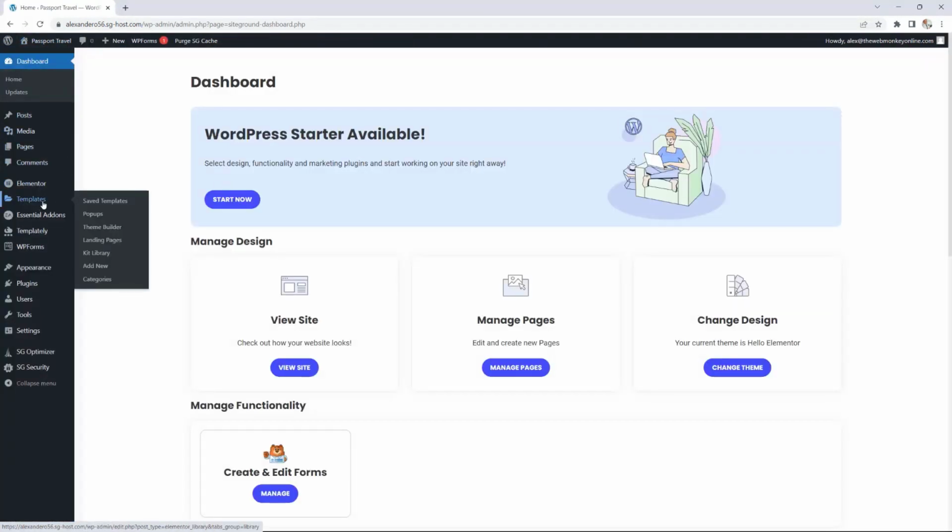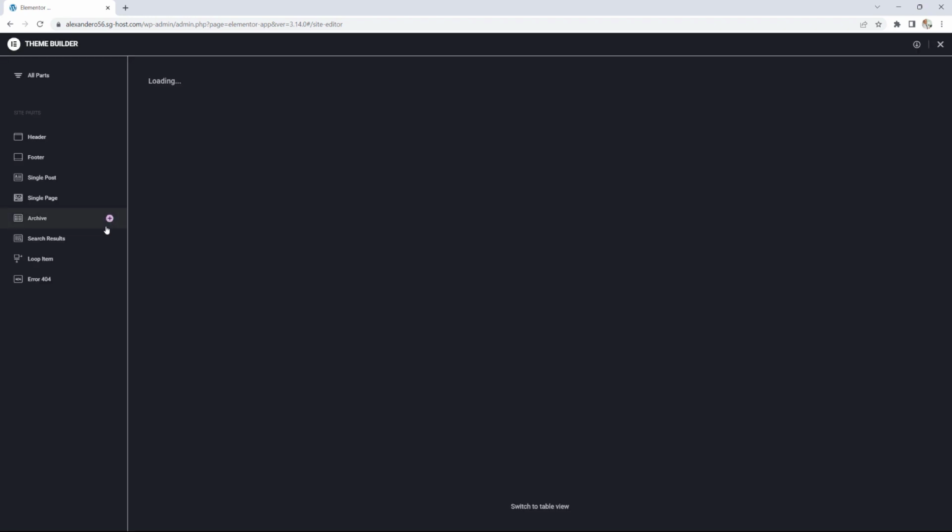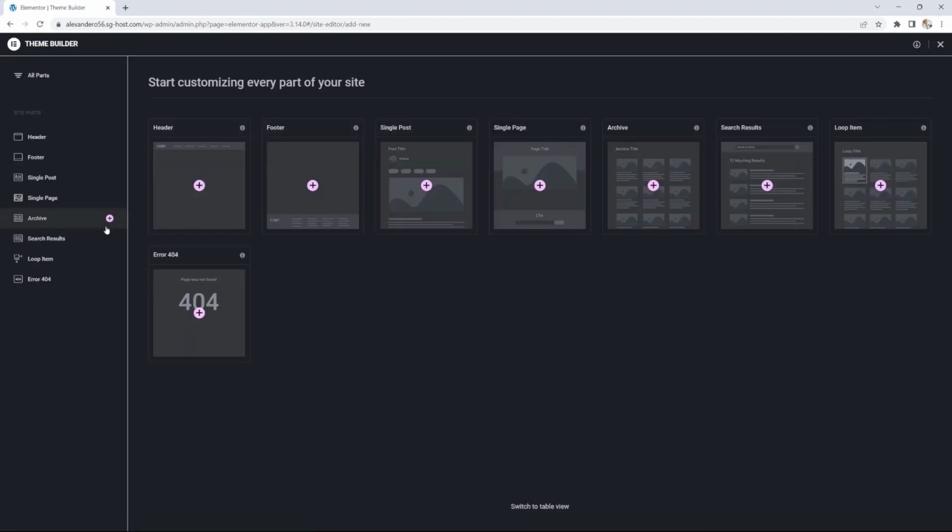You want to go over here to templates and you're going to see theme builder. All right, let's access the theme builder. And here you can build various parts of your website, like the header, the footer. You can even build a template for your blog posts, which we will do later. But for me, I'm going to click on header, click on plus,